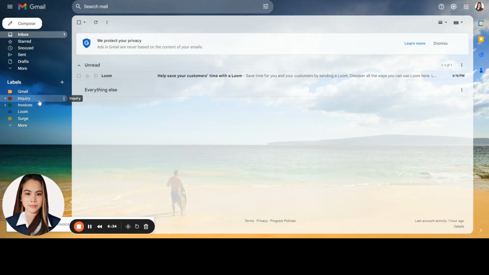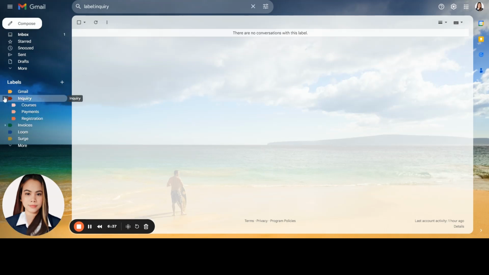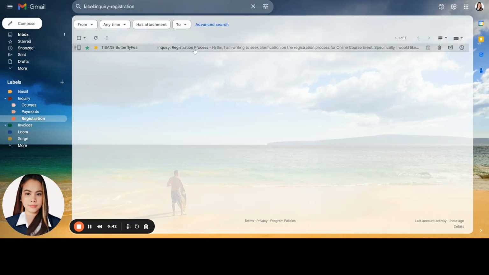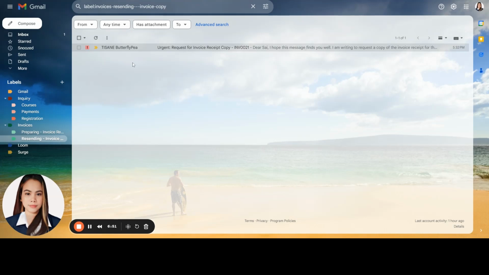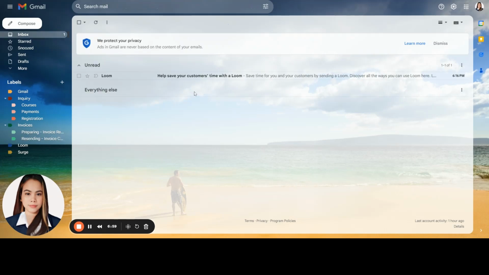So once you check your folder regarding the registrations, you can see all the emails regarding registration, payments, and the invoice copies that you have resent or prepared. It is now easy to identify or search for those emails since you have these kinds of categorizations.